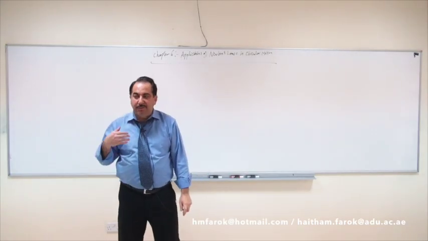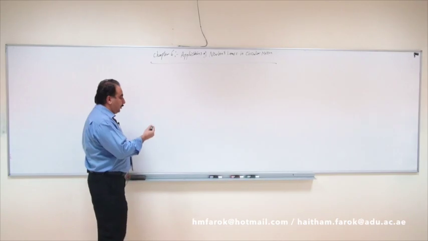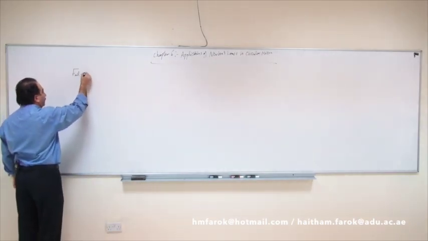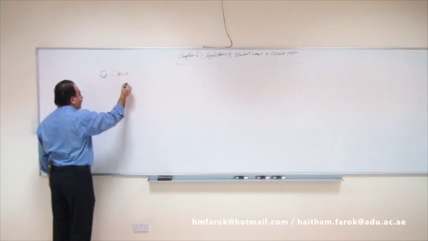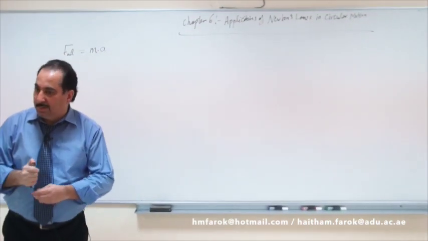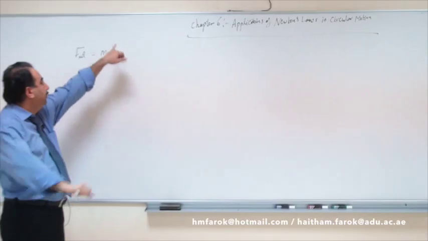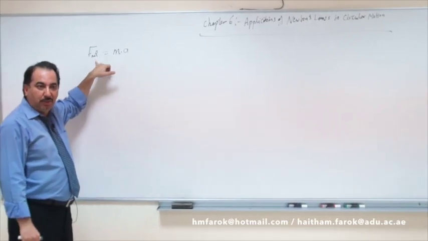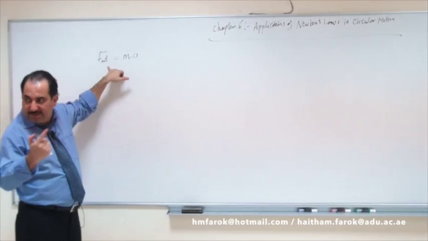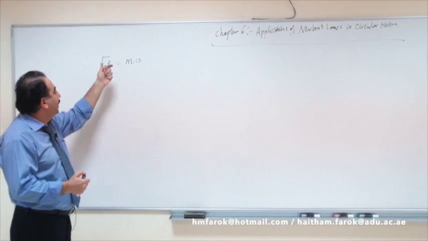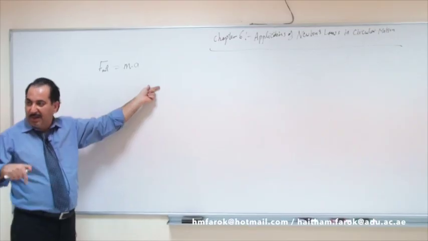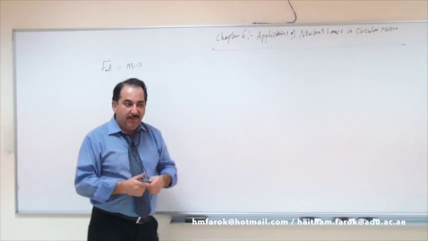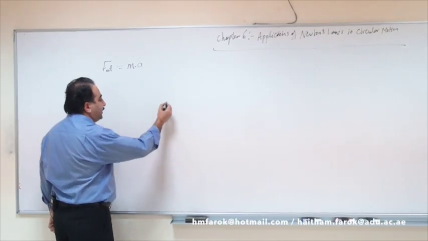Now, if I take you back to Newton's second law, you remember we said F net equal mass multiplied by acceleration. That's Newton's second law, which means now, when there is acceleration, there must be a total force on the system or on the mass. Or when you have a total force, there is an acceleration. Let's go back to circular motion, which we covered earlier on. In circular motion,